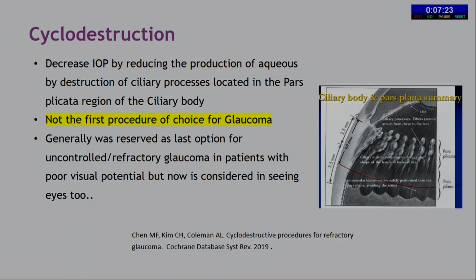Cyclodestruction is to reduce the intraocular pressure by destroying the ciliary process located in the pars plicata region of the ciliary body. But it is not the procedure of first choice for any kind of glaucoma generally, and was reserved as a last option for uncontrolled glaucomas in patients with poor vision potential. But we are now considering it as a limited diode, and even the micropulse is being considered for patients with